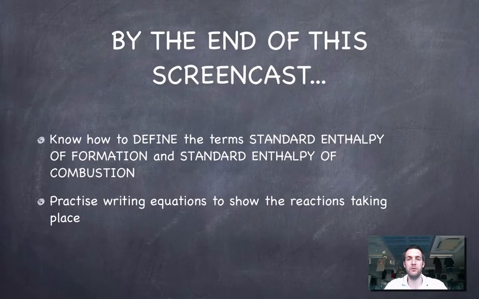Anyway, hopefully you've seen how we can turn information about an enthalpy of formation or combustion into a reaction equation, but also how important it is to know the definitions of these terms, because otherwise you've got no chance of writing a correct equation. And if you can't write the correct equations, you won't be able to put them into cycles properly. So make sure you remember these definitions, make sure you know how to write the equations,